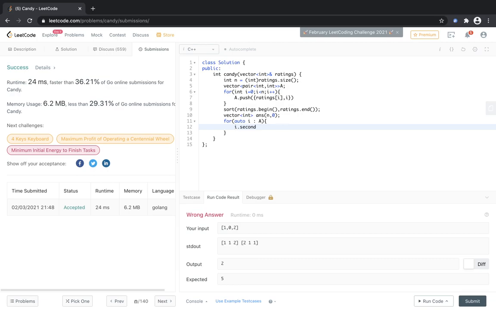Okay, yeah. So i dot second is the index, and int idx is equal to this. So if idx is greater than 0, then we will check int max is equal to 0. If idx is greater than 0, then max is equal to max of